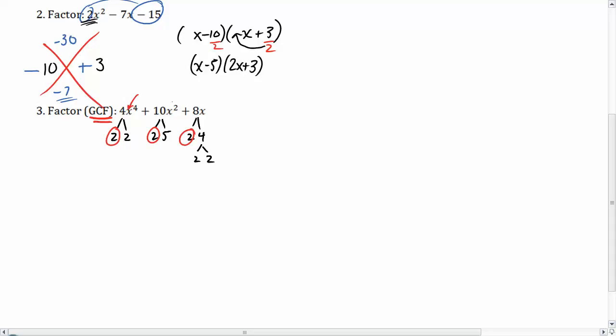Now look at the letters, x to the fourth, x squared, x. The only amount of times that they're common is one time. Okay, the first one has 4, the second one has 2, last one just has 1. So we're going to take out a 2 and an x. So then what's left over is everything that we didn't circle, multiplied together for each term. So the first one is going to be 2,